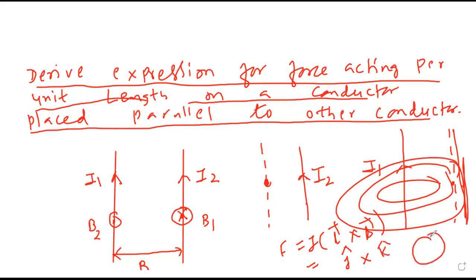What is J cross K? I've drawn an anti-clockwise circle to understand. J cross K is I. Positive I means right side. So this is F1. On the second conductor, J cap and inward means minus K cap. JK is I, so minus I means left. This is the direction of F2. Any problem in direction?